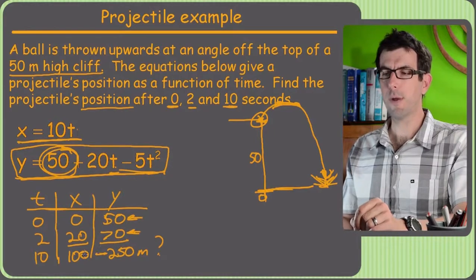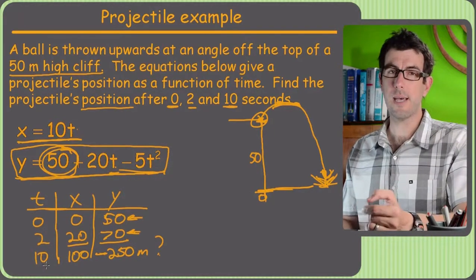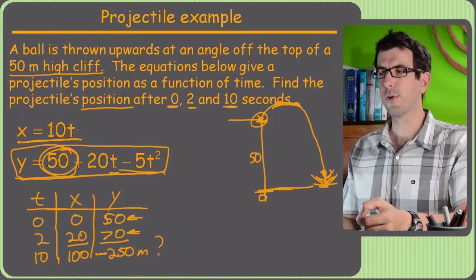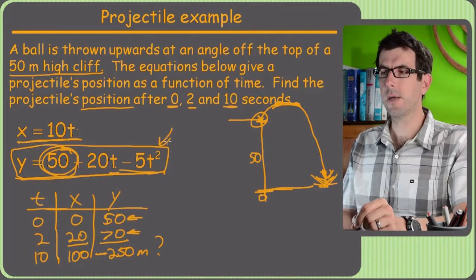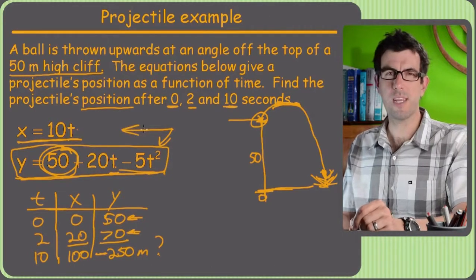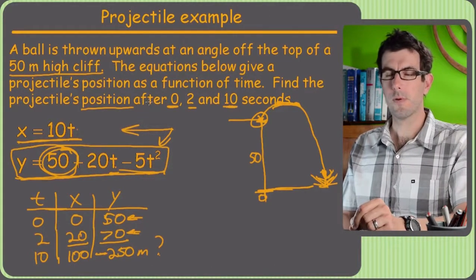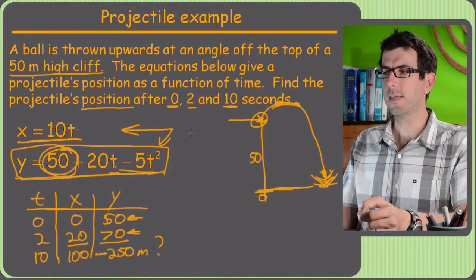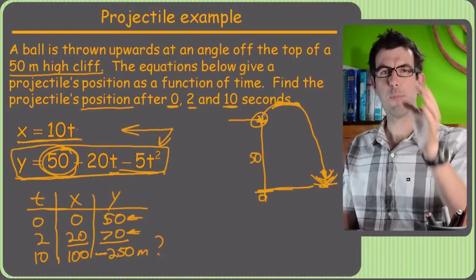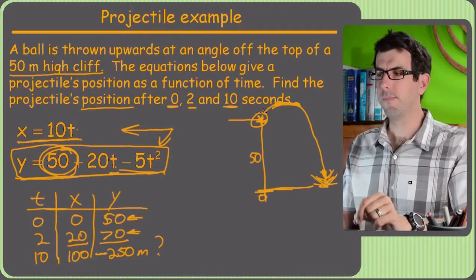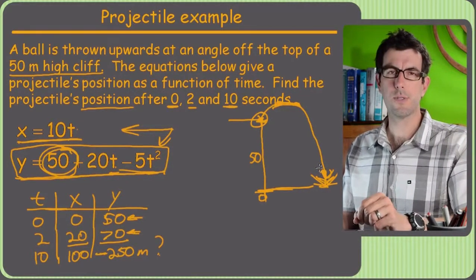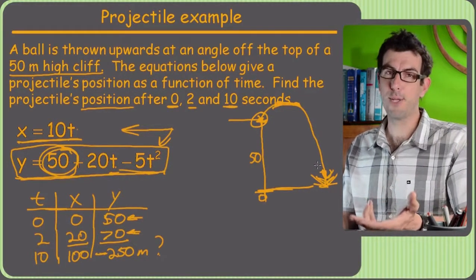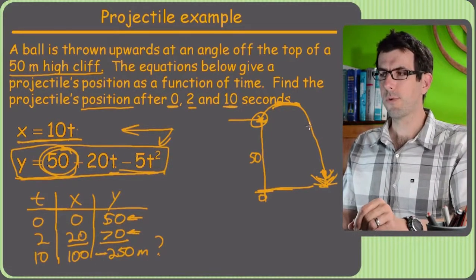So somewhere between 2 seconds and 10 seconds after the throw, this ball crashed into the ground pretty hard. Maybe it bounced, whatever. But this equation is not smart enough to figure out whether it hit something. All it knows is, in an ideal world, with just that parabola and nothing else to worry about, where would things be at any given moment? All right, so that's how you plug and chug, I should say, through a parametric